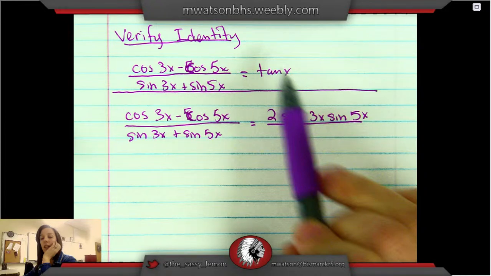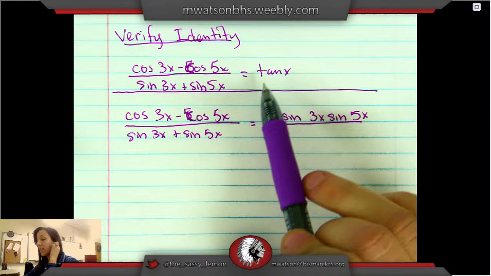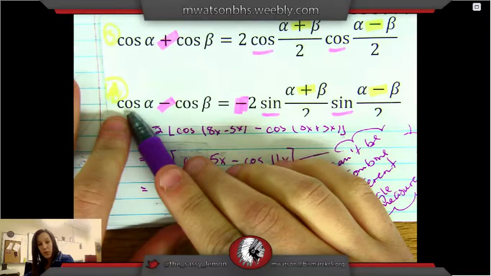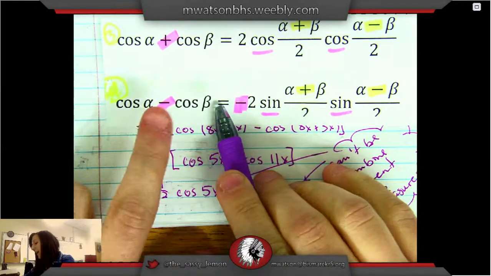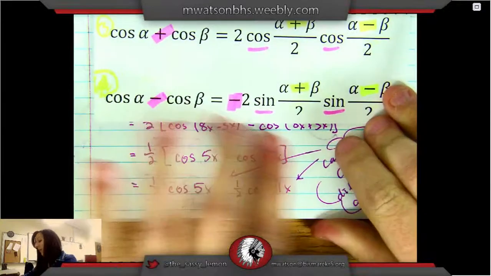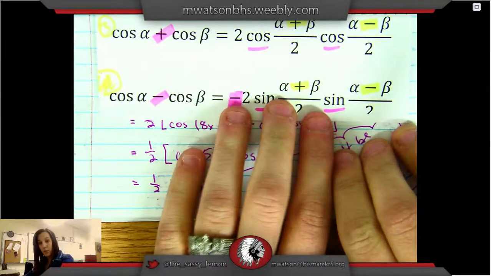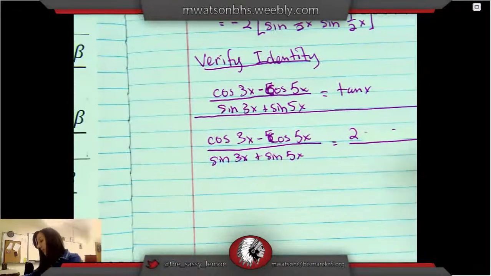Okay. So whenever I'm looking at this, I obviously have a sum on top. So let's try to change that into a product. So we need to be looking at our sum identities, and we want a cosine minus a cosine. That's going to be this number 4. Also looking at my problem, my alpha is going to be 3x and my beta is going to be 5x. So when I go over here to write it down, I'm going to be referring to number 4. So I'm going to rewrite it as